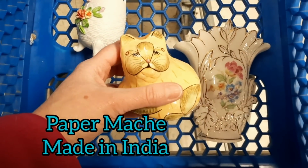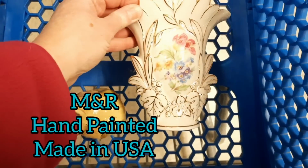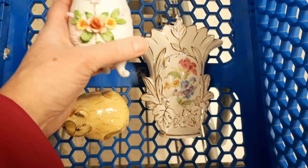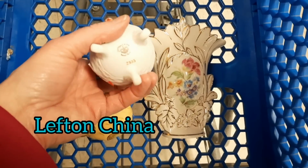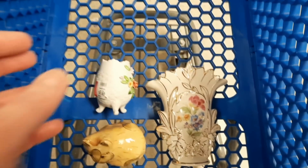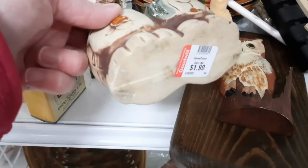I had to go and get a cart because I found this paper mache cat that was made in India. I found this hand-painted vase that was made in the USA. This cracked egg vase as well. And so I needed to go get a cart, and then I started filming to show you what I had found. This Goodwill was on the lean side for a little while, and now they have loaded it back up